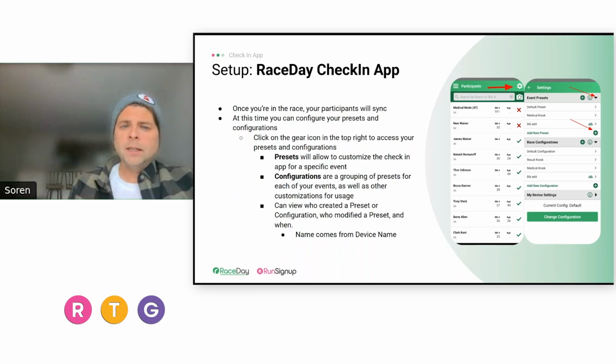Presets allow customizations in the check-in app for specific events, whether that's what information you want to display, how you display it, or how it behaves. Configurations are groupings of presets. So you might have one preset for the 5K and a different preset for the relay. But the configuration is how you'll map those specific presets to their